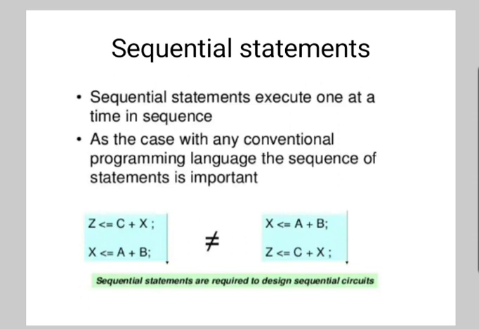Also the exit statement, return statement, assert statement. So these are the sequential statements, which are executed one after another in the order in which they are written.